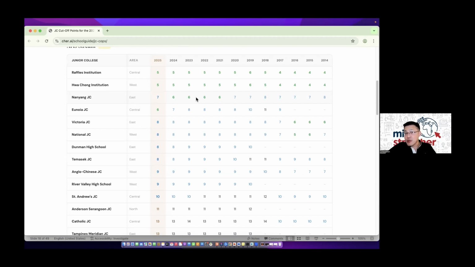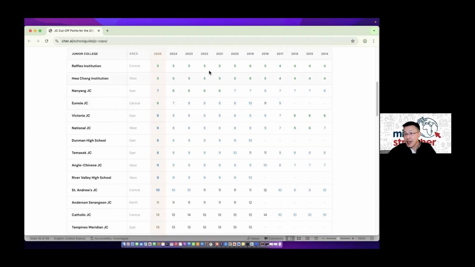So I would say that it's okay to have stretch choices, right? If you want to really try for a school, stretch choices meaning the cutoff of the school is actually lower compared to your net score, right? It's worth a try, but I would say that anything more than a plus minus 1 may be too much of a stretch given this trend. You see, this is what I was trying to tell you, right? Because you don't really see a plus minus 2 variance. So given that, I would say the chance is very, very low, if not much of a chance, right? So that's what I will also highlight from here.